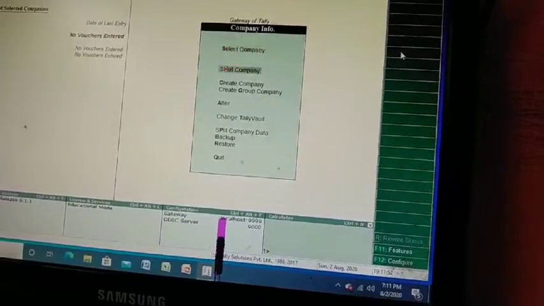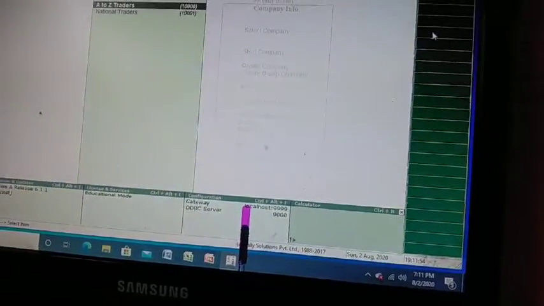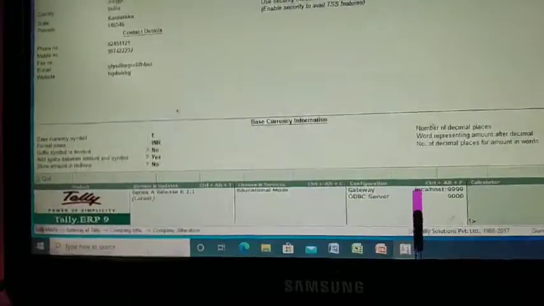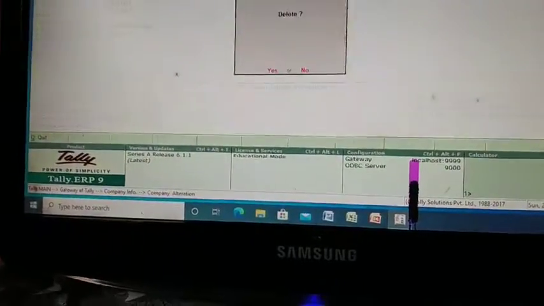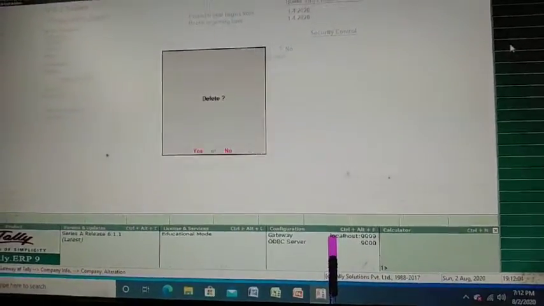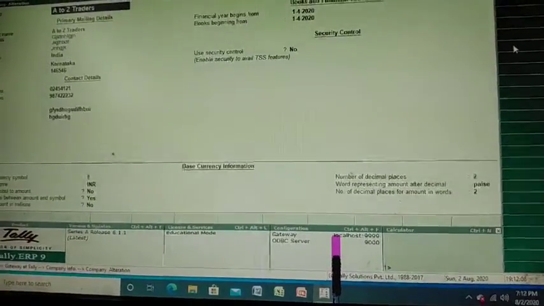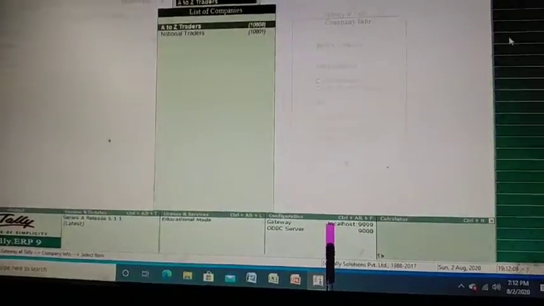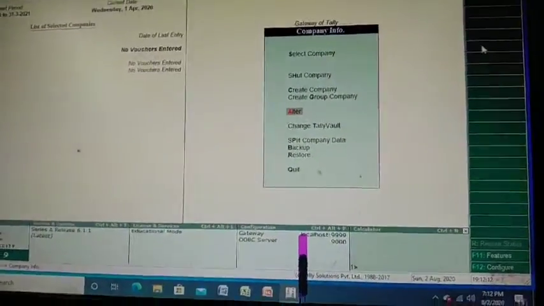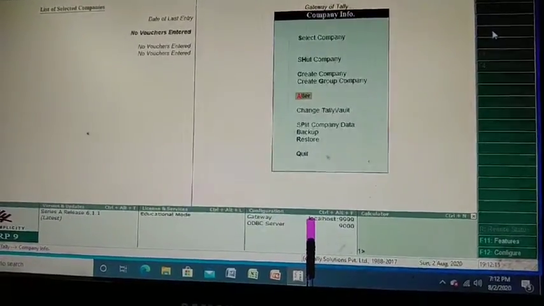So go to Alt and F3, Company Information, Alter, and from this menu you have to press Alt plus D. Alt plus D is for deletion of a company, from the Alt and F3 Company Information menu, from the Alter option.